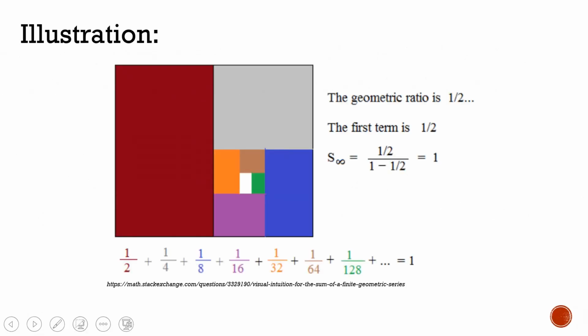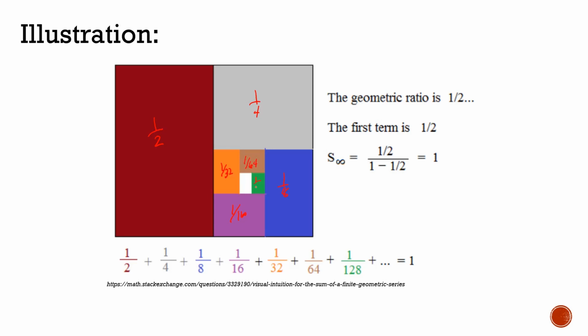Let me give you just an illustration about the sum of an infinite geometric series, because you might be thinking, how are we going to add those terms in a given infinite geometric series if we don't know how many terms we are adding, right? So this is a one whole square. If we cut that into two, you're going to have 1/2. And then if you divide the other half into two, that's going to be 1/4. And then if you divide the other half into two, it's going to be 1/8, and then 1/16, and 1/32,